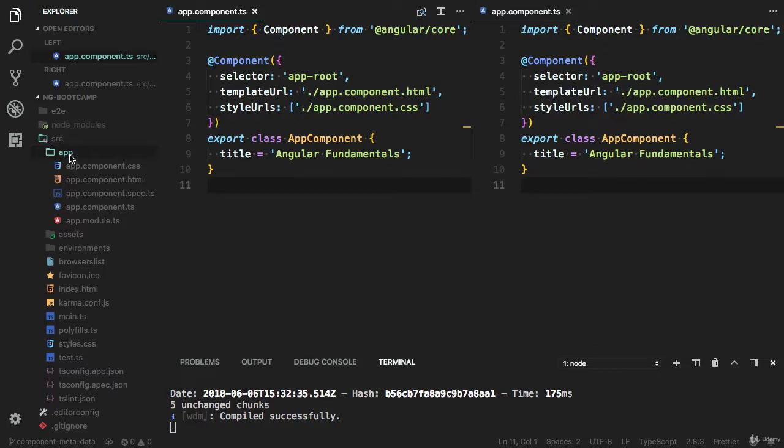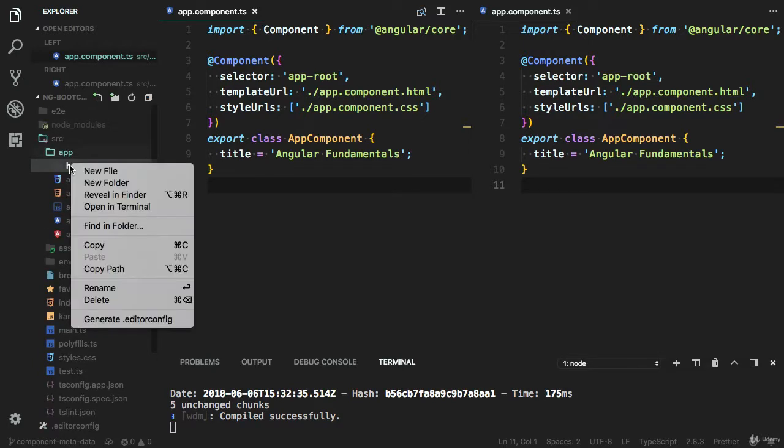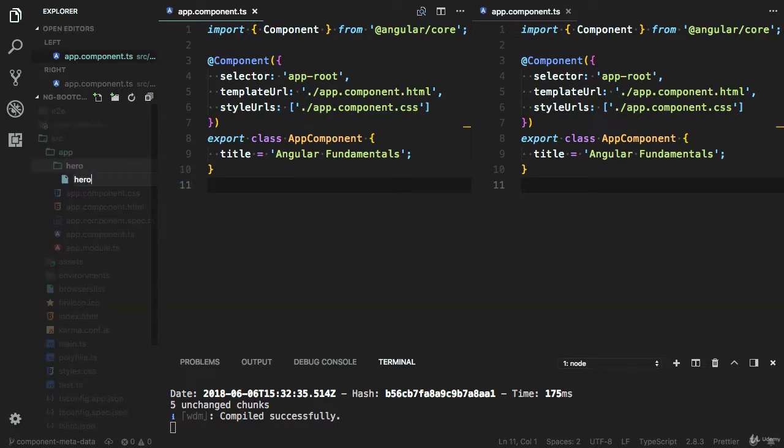Let's create a new component in Angular. I'm going to create a new folder. You can also generate a component by using Angular CLI, but I'm going to do it manually. Let me show you how I can generate a new component. You have to create a new file,